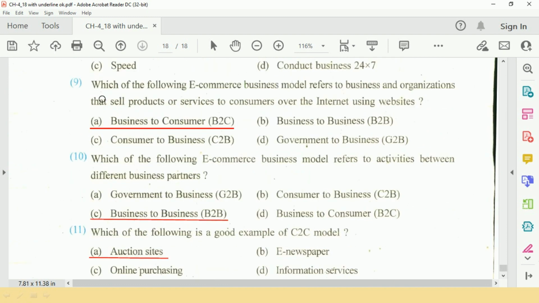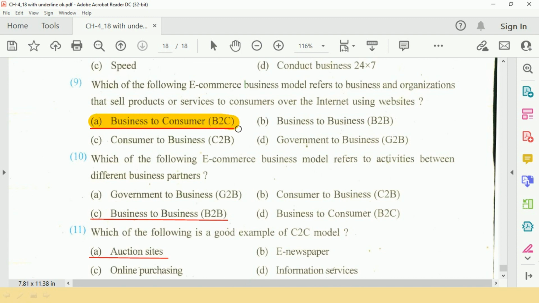A. Question number 9 is, which of the following e-commerce business models refers to businesses and organizations that sell products or services to consumers over the internet using websites?